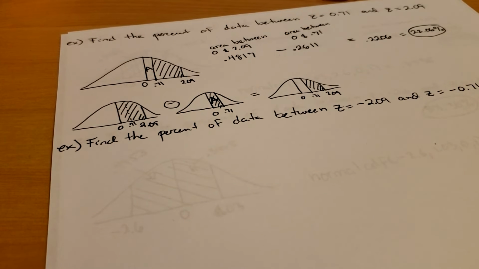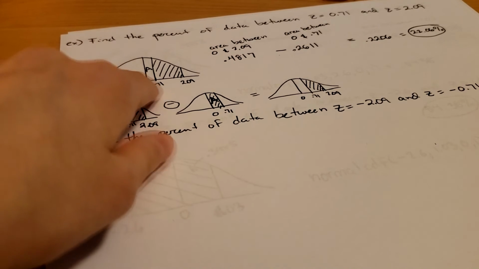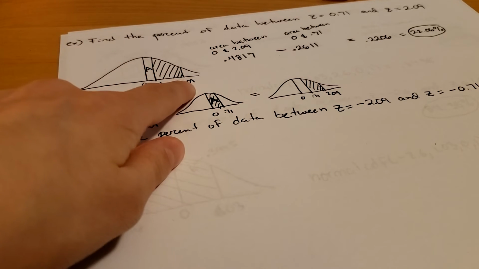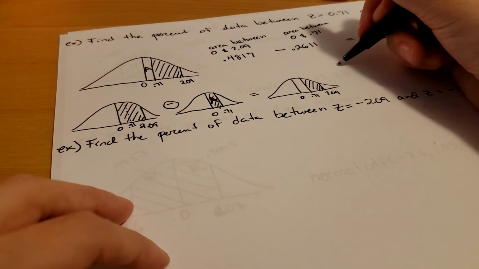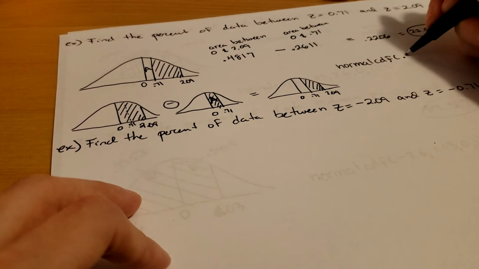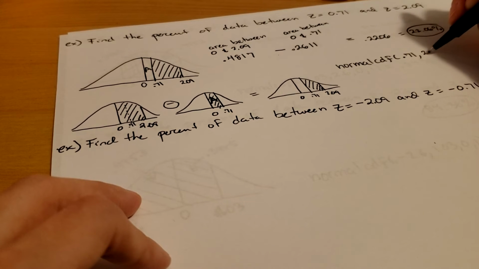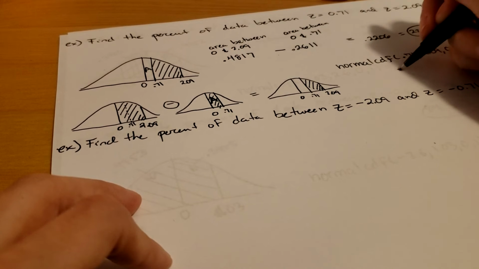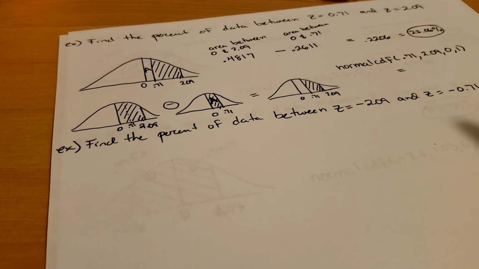Now, of course, if we wanted to do this on the calculator, we see our lower and upper limit right there. So these are the numbers that we would put in. So we would do normal CDF. Our lower is 0.71. Our upper is 2.09. Mean and standard deviation are 0 and 1. And this gives us